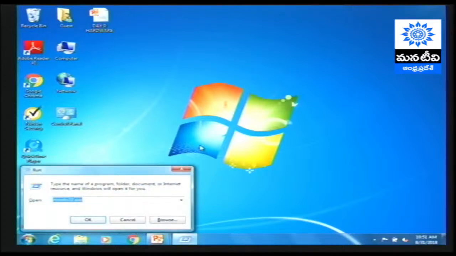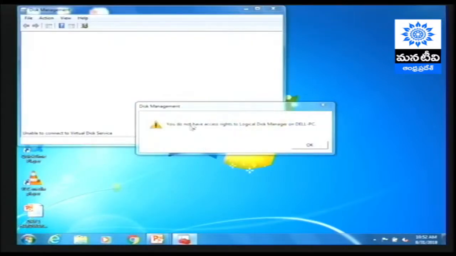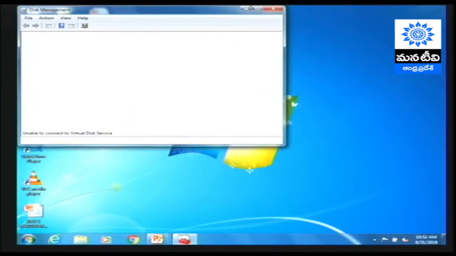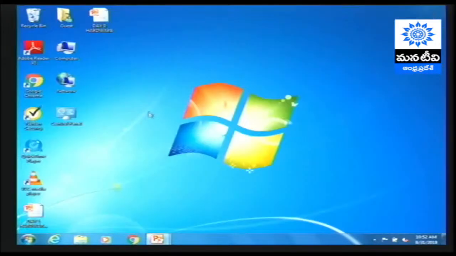That tool can be used to manage or control the storage capacity of the computer HDD. Go to Run, type diskmgmt.msc, disk management. You do not have the access rights to logical disk management on Dell PC. Why? Because I logged in as a guest user. If you log in as an administrator,